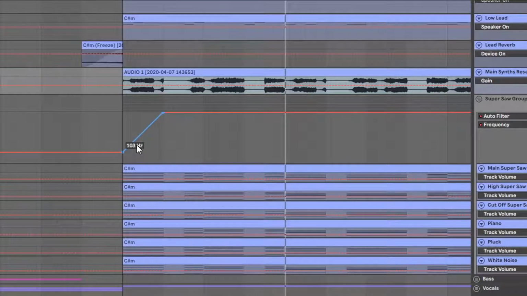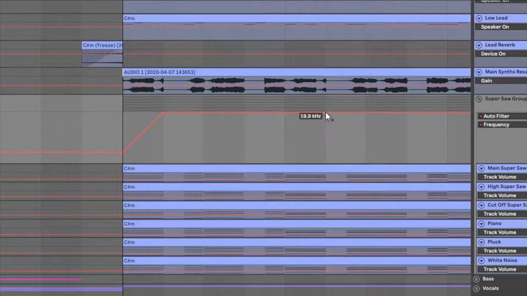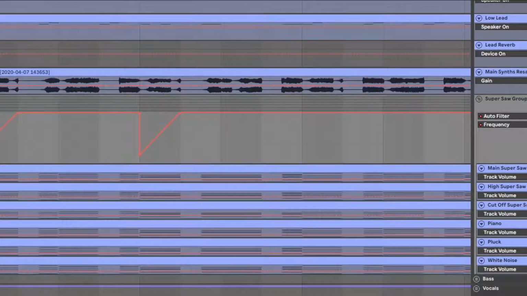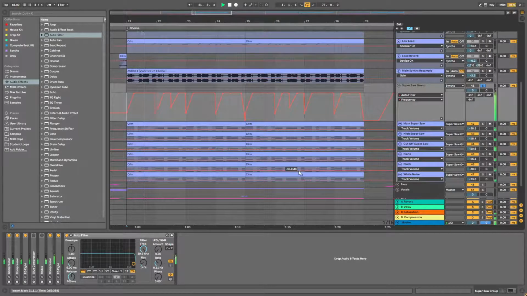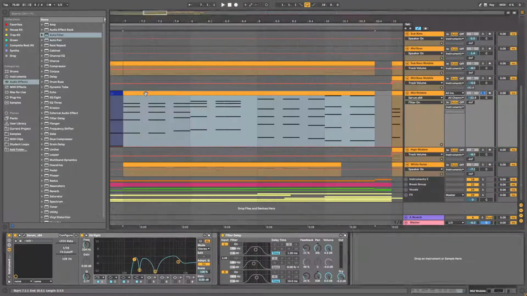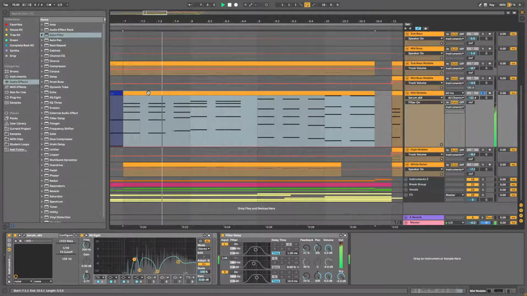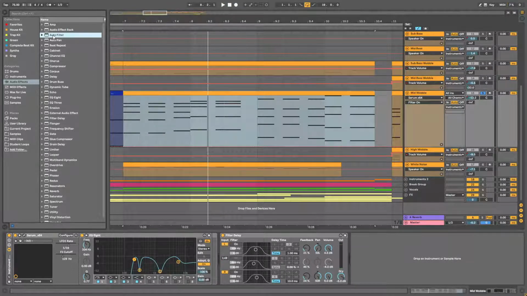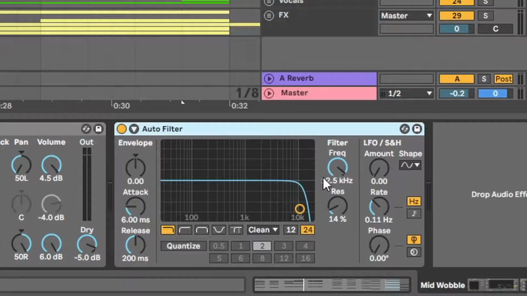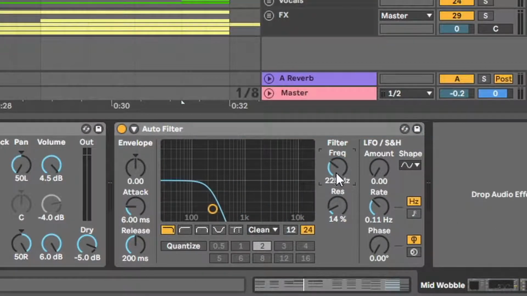So you can hear it wind into it. Now you can do this in as many places as you want through the drop and get pretty creative. So for this example, this is what I'm starting with. You can hear it sounds pretty boring, pretty stagnant again. So another option, you can drag an auto filter on, do the same thing, find a nice sweet spot,